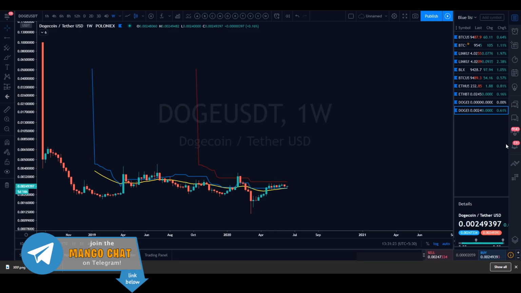I'm kind of excited about this one because this is the first time I will be dissecting the Dogecoin chart. Okay, so this is actually one of the first cryptocurrencies